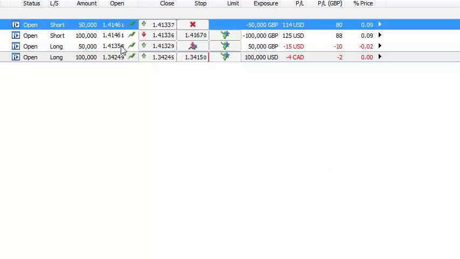So I've now gone long with 50,000 as well. So it leaves me with a net short position of 50,000 now. So I've still got all my positions open, but it gives me a net short. So I've effectively taken half off. What I will do